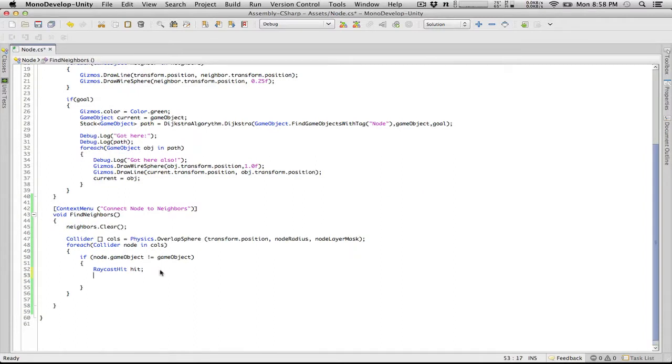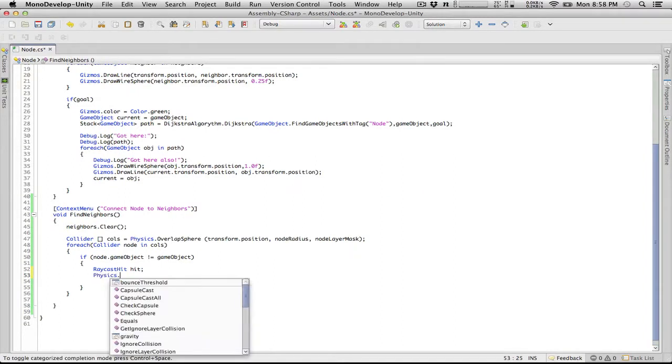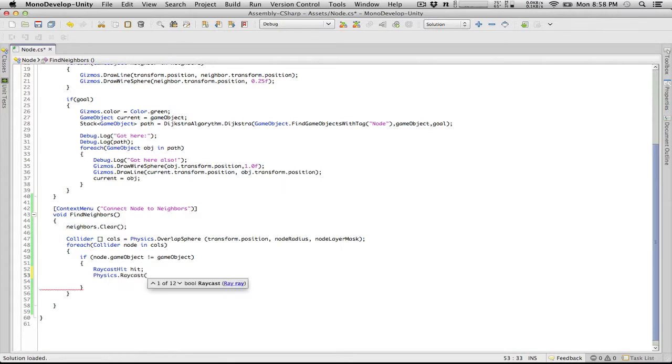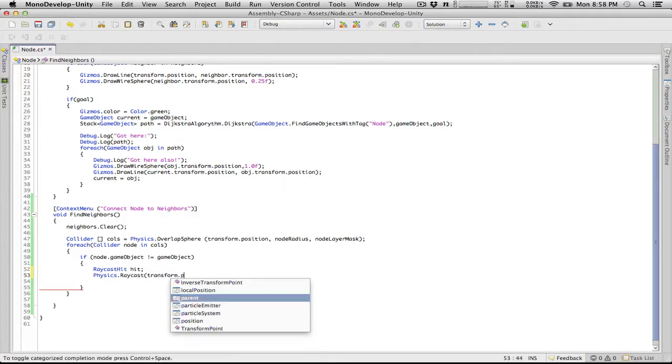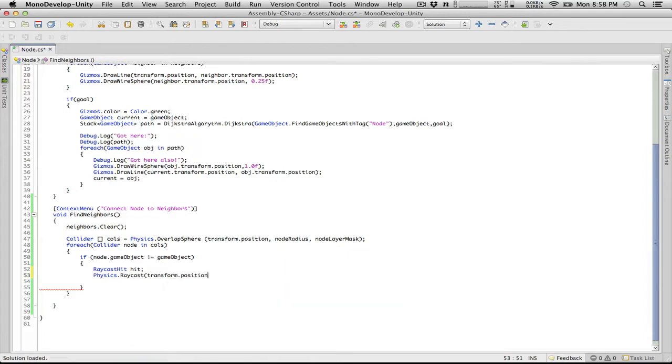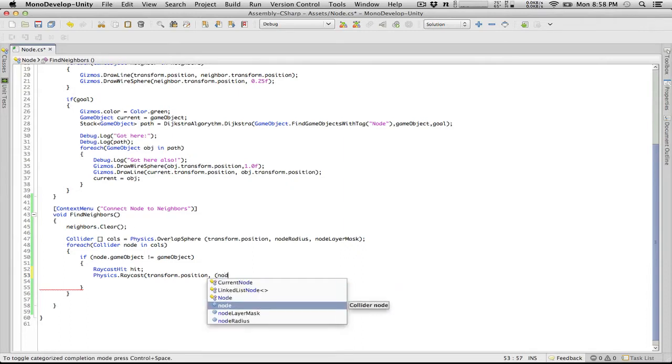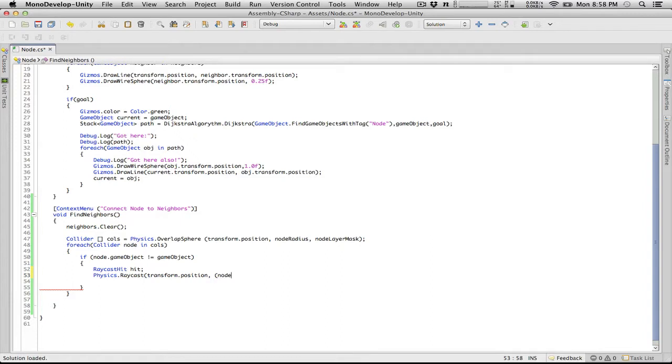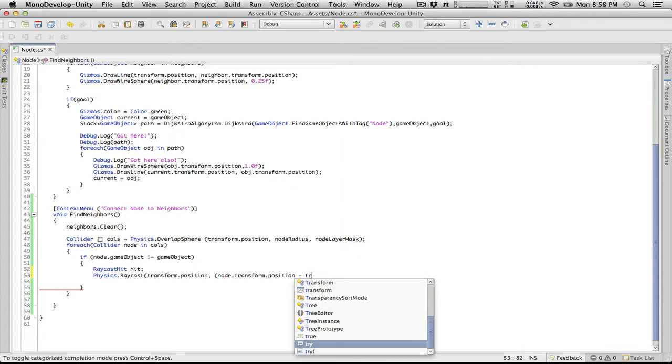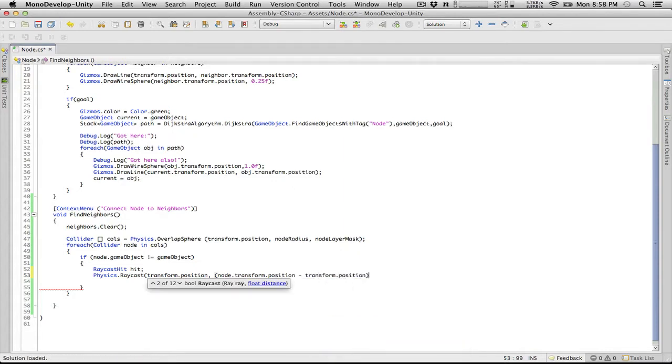All right, so now we're back here to the raycast. We're going to have to do a raycast. So Physics.Raycast. And we're going to need the transform position, which is the position of the node that we are on currently, the parent node basically. And then we're going to have to do a little calculation here. We're going to take the next node position, the node that it's checking for, that's not the parent node, and get its transform position and subtract the transform position of the parent node. And this will basically give us a direction to shoot the ray in,